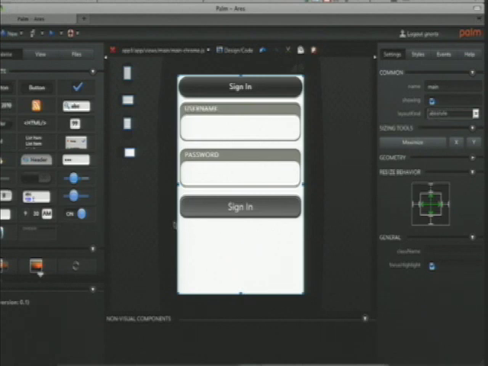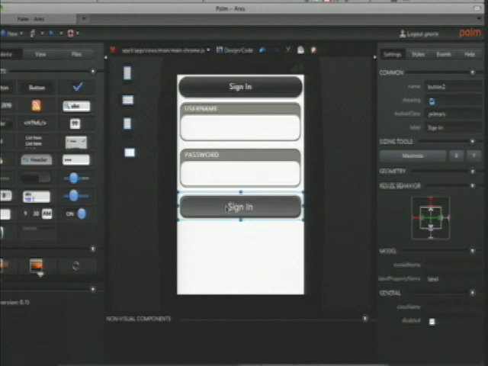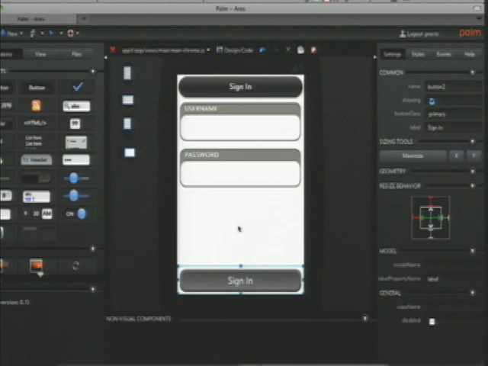And nothing happened visually right away. But if I take that sign-in button, I can now drag it down to the bottom of my scene. If that's the effect you're going for, it's very easy to do by switching to an absolute layout. Now,